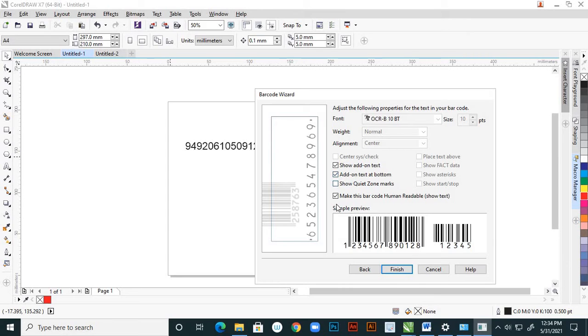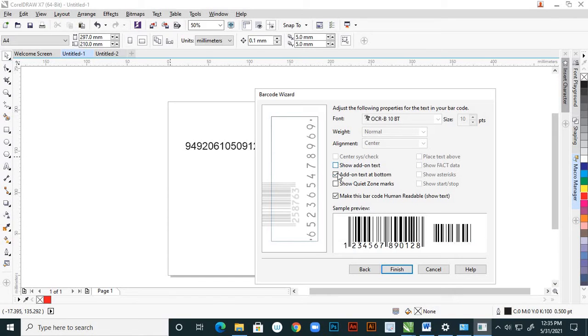Show add-on text. If you want the add-on text, you can click on that. Add-on text at the bottom, so here it is on top, and here it is coming to the bottom.